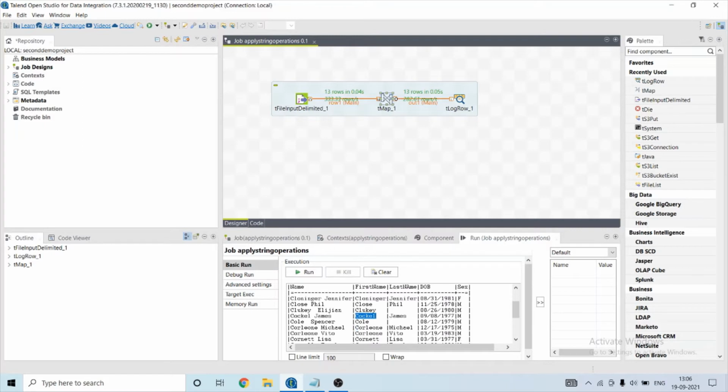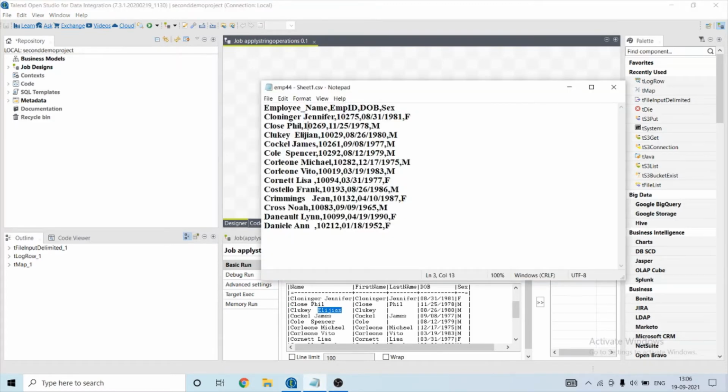Okay, so here you can see that some of the values are getting split. As you can see, the name Jennifer is getting split into first name and last name. Similarly for the next one, but I'm getting a problem in this. As you can see in the dataset, I have more than one space, so it is unable to split efficiently. Similarly here also. If I remove it, I will show you, then my problem will be gone.